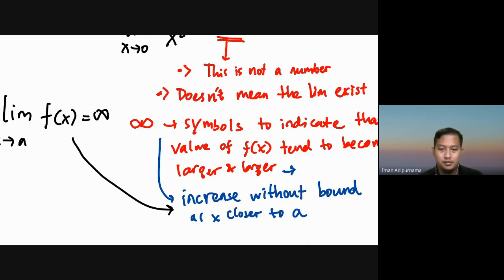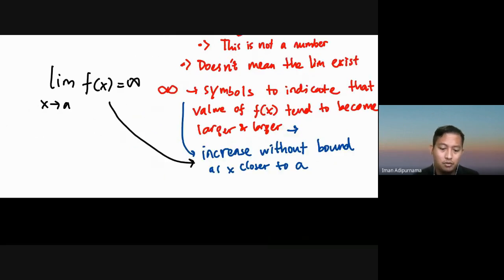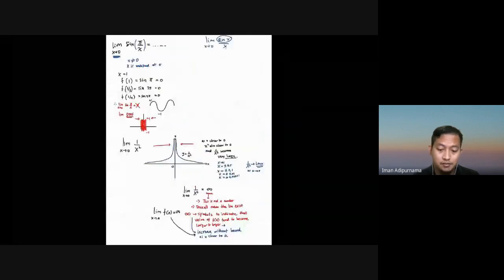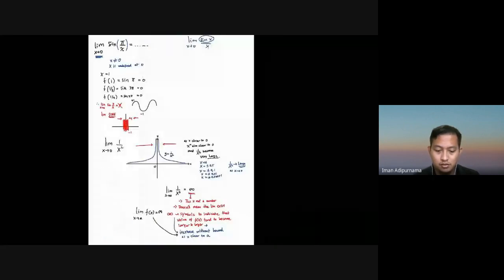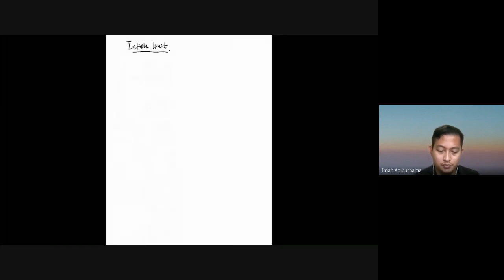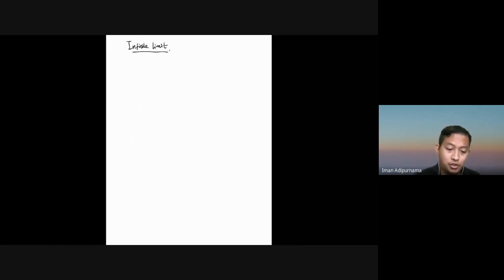All right. The next one is, it can be positive infinity. It can be negative. It depends on how the function is, right? So let me repeat, and let me draw for you